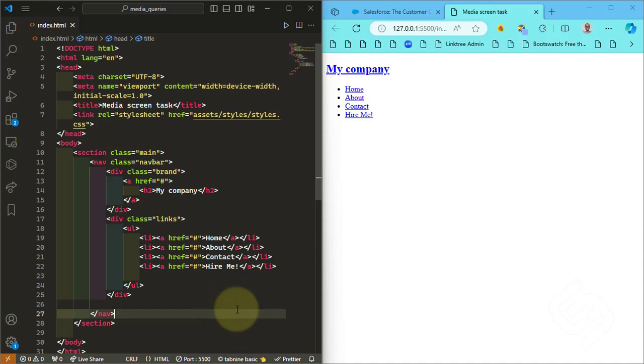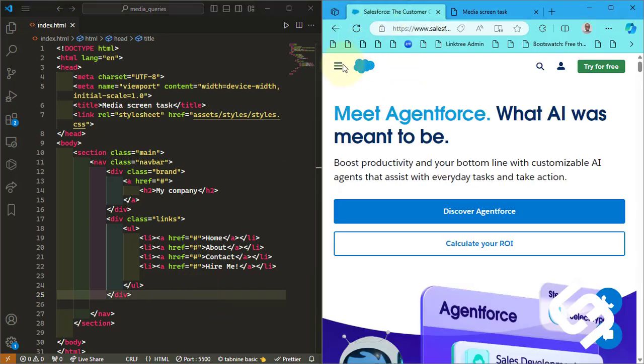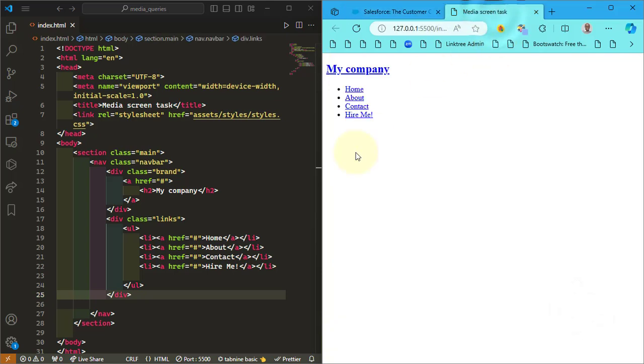Then the last thing but not the least is I want to actually create, in the case of Salesforce, as you can see here, this navbar, right? I want to be able to create this navbar. I mean this hamburger, they call it. So I want to create this hamburger. Now, because I am writing my own code, I also have to make provisions for that. So here now I'm going to do